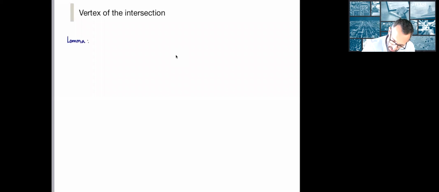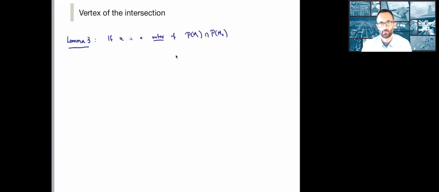So Lemma 3 says the following. I'm keeping the numbering system from the previous lecture because I want to refer back to those lemmas as well. If X is now a vertex of the intersection of two independent set polytopes of matroids 1 and 2, then